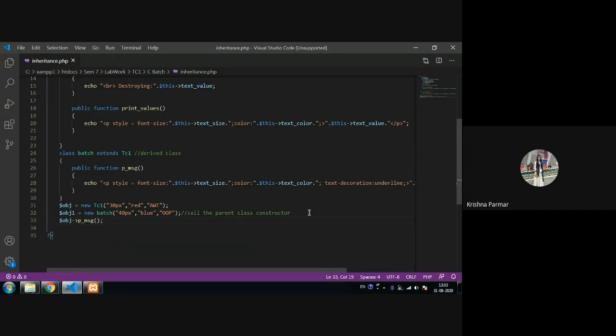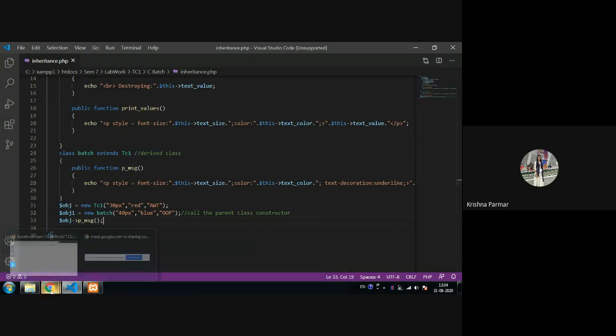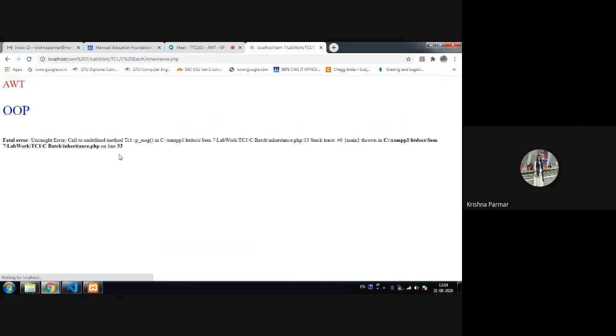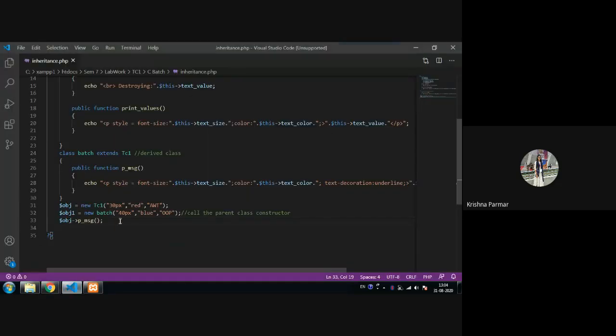Using the parent class object, can we call the child class method? No, never.